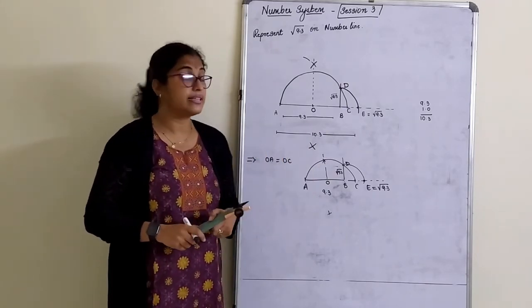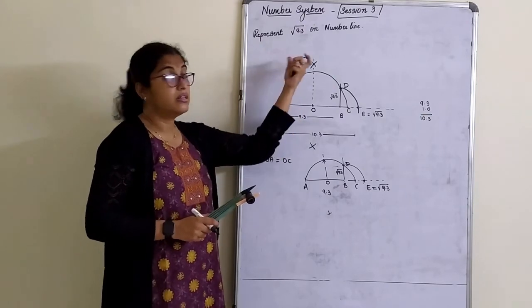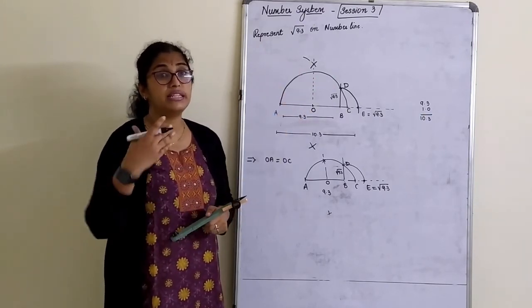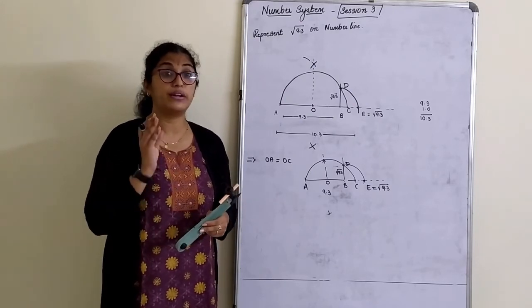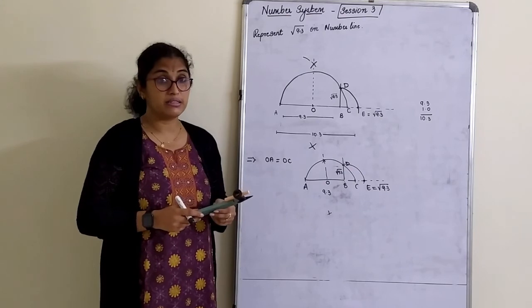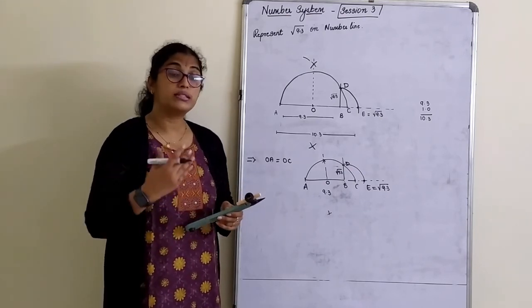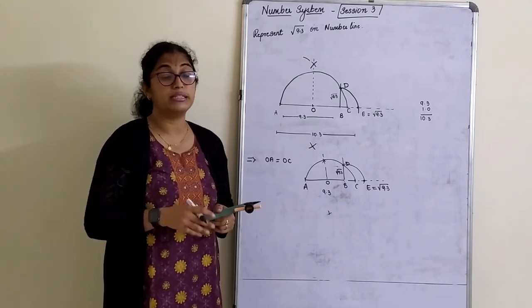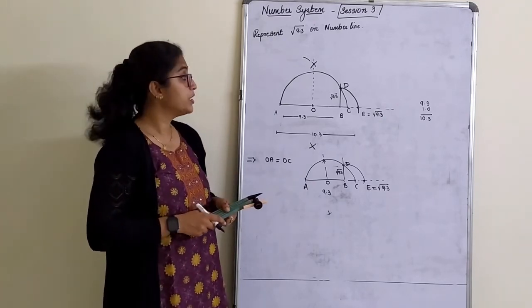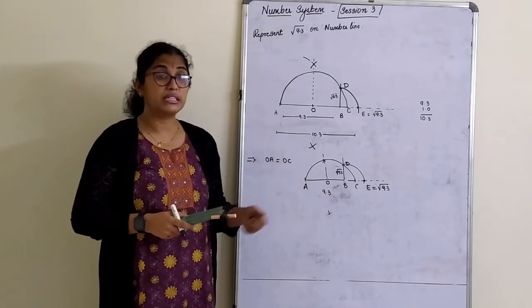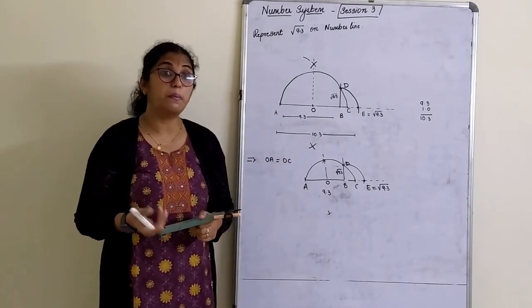In the next exercise, I wanted to finish in this magnification class only. In that only I thought I'll include this so that our next exercise will be only about rationalizing terms and exponents. So that will be the last exercise. After that, I'll be doing some extra sums on chapter Number System, which are very important from the examination point of view. So, complete this. The similar sum given in the worked example, you can do that for your practice.